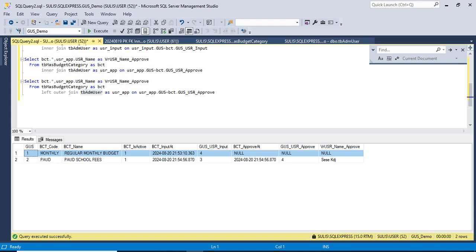This data in the left table that does not match any data in table ADM user will also display.